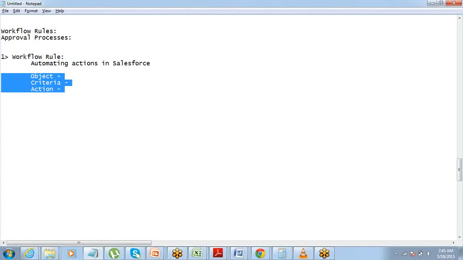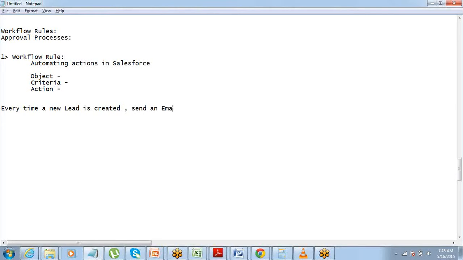Okay, so let's say I want a rule like this: every time a new lead is created, send an email. Let's say this is my workflow rule.